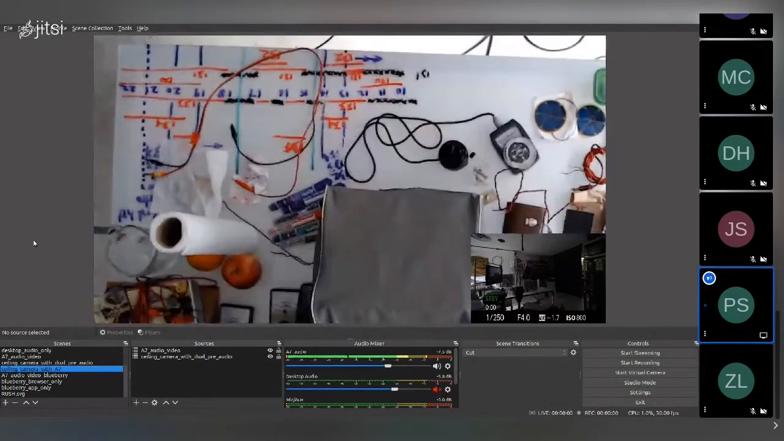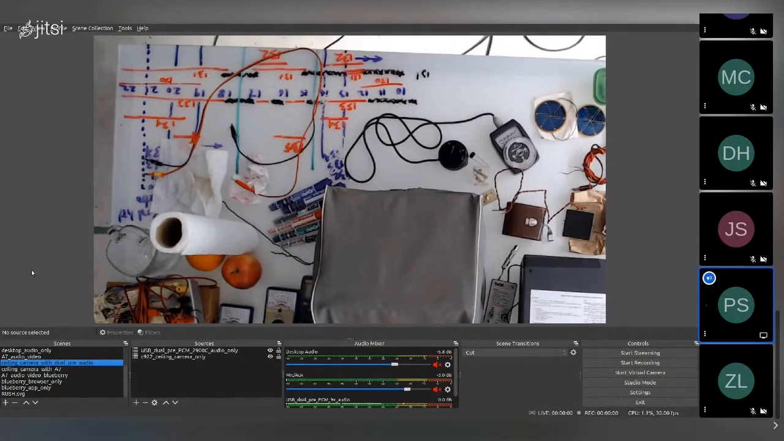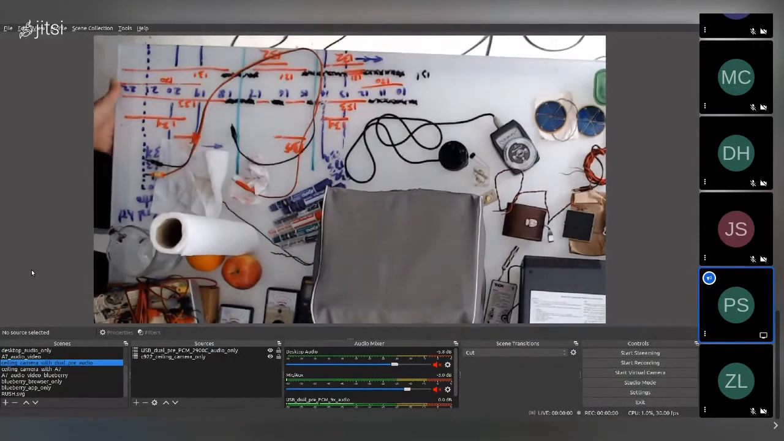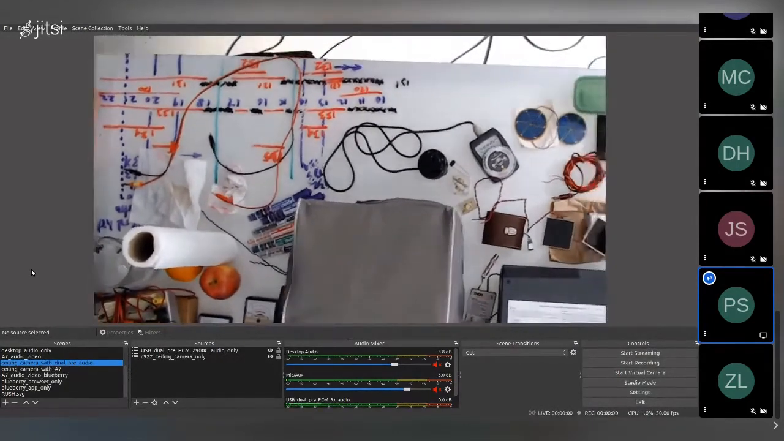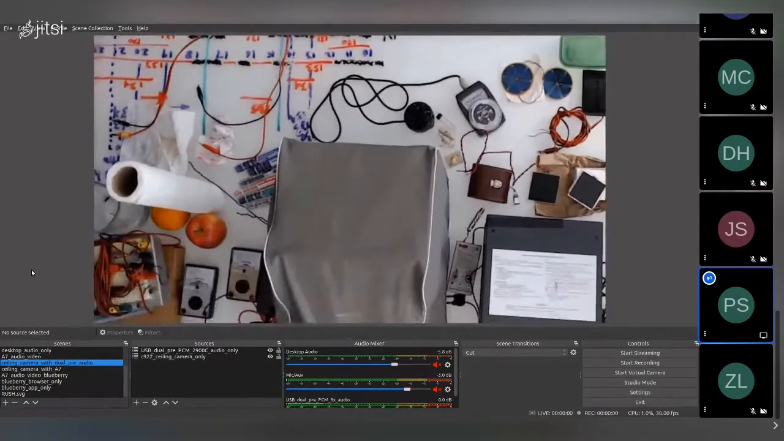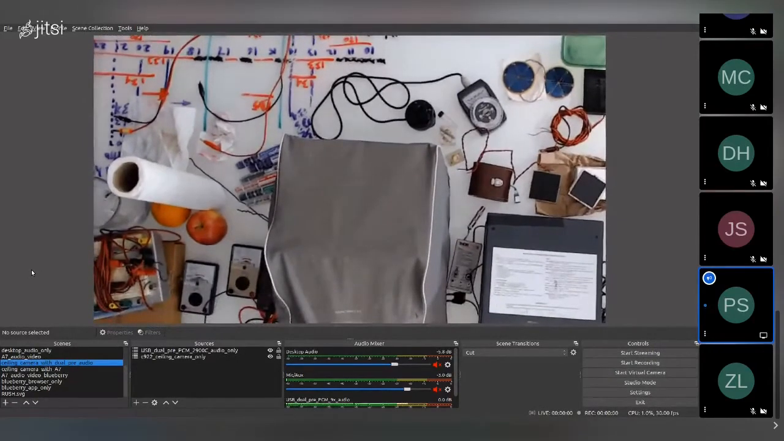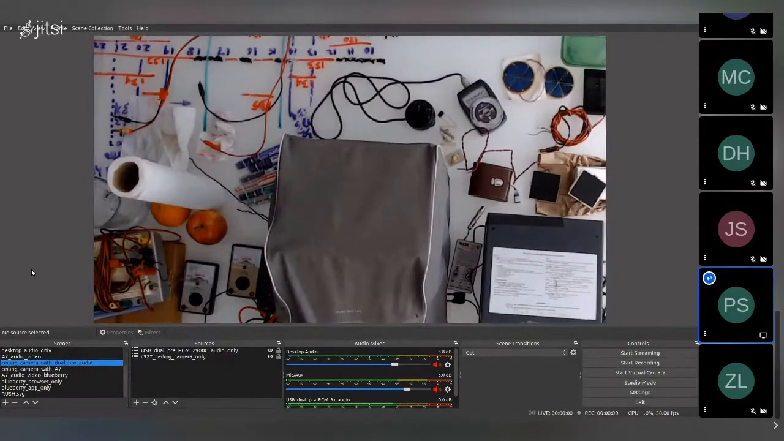Actually, what I'll do is turn off the little inlay so we can see more. So we'll just have the ceiling camera. There's the ceiling camera by itself without the inset. I want to get this table better framed. I think that's a little bit better. So now we can see